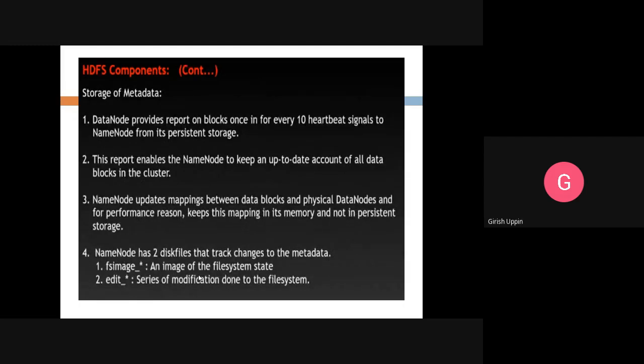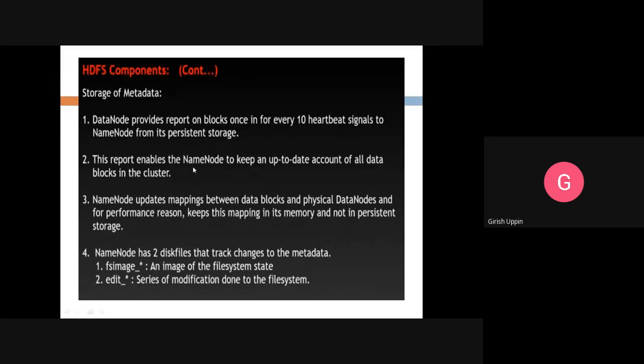Storage of metadata. Data nodes provide a report on blocks once in every 10 heartbeat signals to the name node from their persistent storage. Whatever the data node is storing on its node, all the information will be sent as a report, so how many blocks are written, all that information goes to the name node, so that the name node updates its current state, or the metadata.